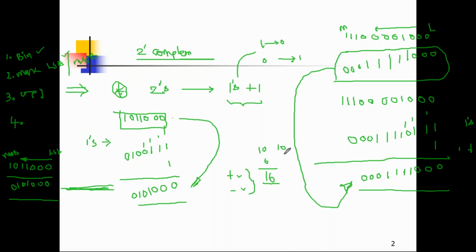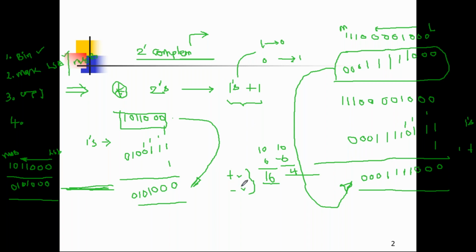Similarly, 10 minus 6 is also very simple in the decimal number system. The answer is 4. But in some situations, instead of this, we should do the addition or subtraction by using the one's complement or two's complement. In simple terms, complexity can be reduced by using two's complement and one's complement for addition or subtraction.